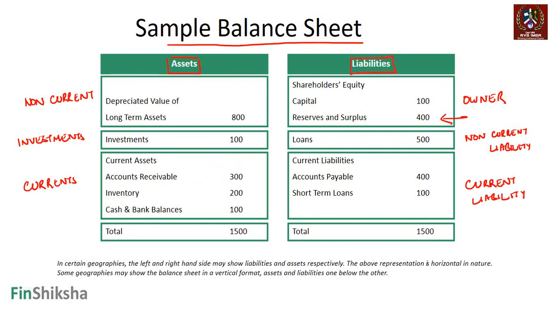What is important for us to understand is that in certain geographies, so here we have put this on the left and this on the right. In certain geographies, you could have liabilities on the top like this and assets on the bottom. So you basically have this kind of a structure also. You could also use left and right separately in certain other geographies. The above representation is horizontal. This one is vertical, right? So nowadays, most companies follow the vertical representation. Liability is on the top and then followed by the assets just underneath that. So when you compare, it becomes easier when you look at these financial statements.